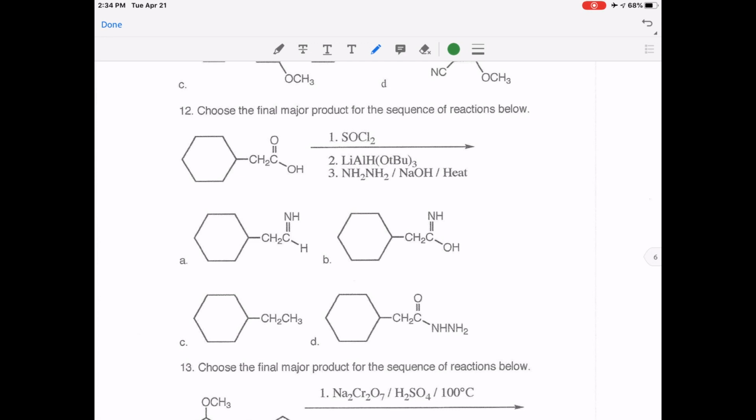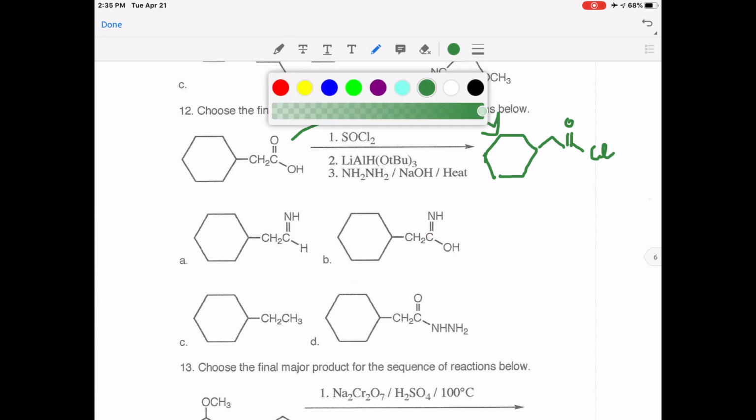So when I draw this out for reaction number 1, what we are left with is an acid chloride. And then for the second step,